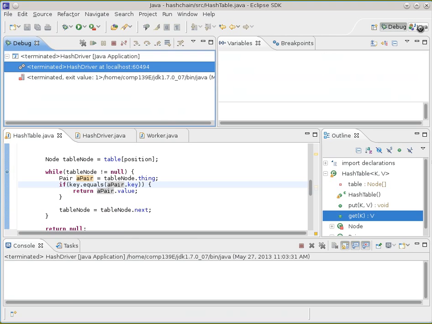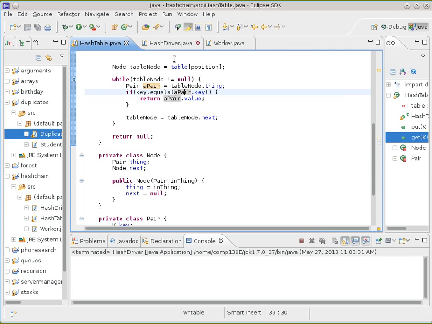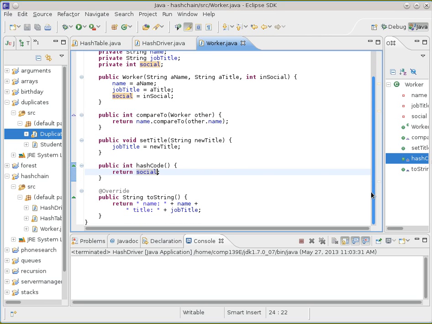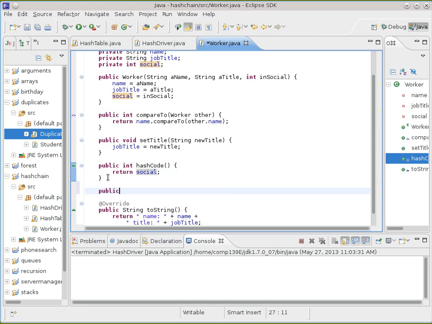Let's go back into the worker class and see what the equals does. Equals, the default. What's the default for equals? Memory address. Oh, right. Okay, and so the problem is that we should actually have an equals in here,